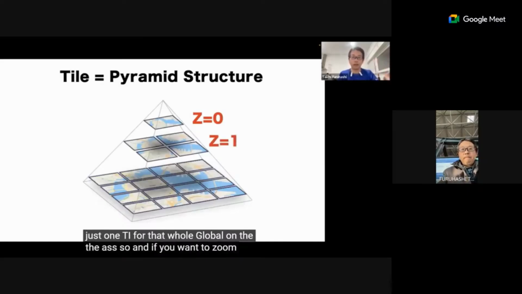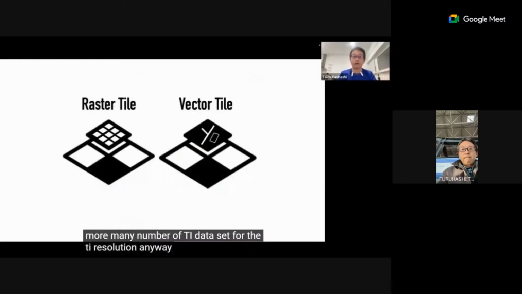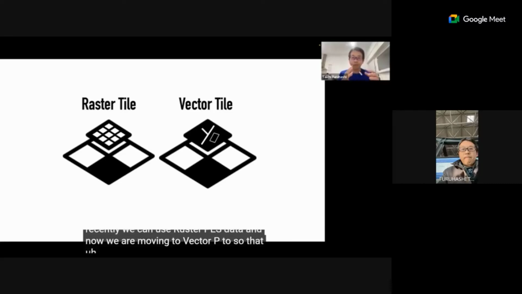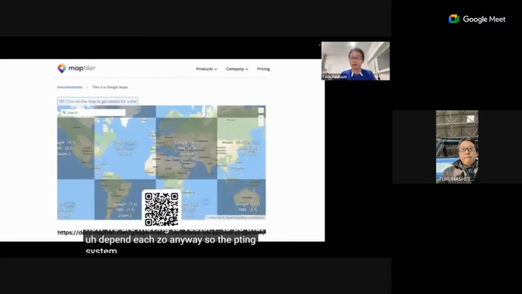If you want to zoom in, the tiling data provides 2x2 or more tiles for higher resolution. Recently we can use raster tile data, and now we are moving to vector tiles too, depending on each zoom level. Anyway, the tiling system is already a very famous and very general standard protocol.